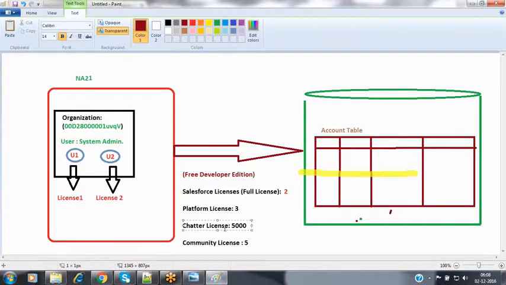Now, when coming to the Chatter licenses, as in communities, you will have some Chatter functionality. We can post some information, and somebody can view that information. They can comment on it or like it, just as you have on Facebook or Twitter. If you want to provide any Chatter kind of application, then we can have a maximum of 5,000 Chatter Free licenses available to you.